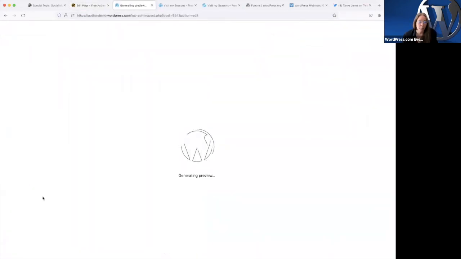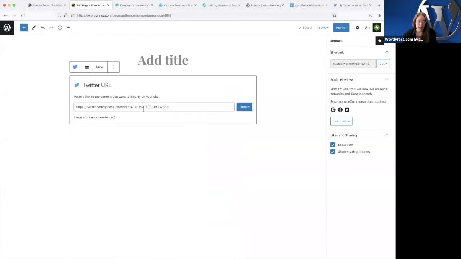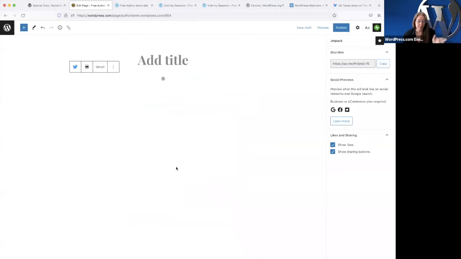And same thing when we preview that, we're going to see just the one post. Then it'll take us over to the Twitter account if we want to go there. So that's how they all work very similarly. It's about grabbing the right link, putting it into the block in the edit field, updating it, and then clicking embed, and you're going to get